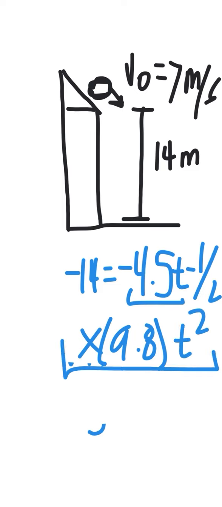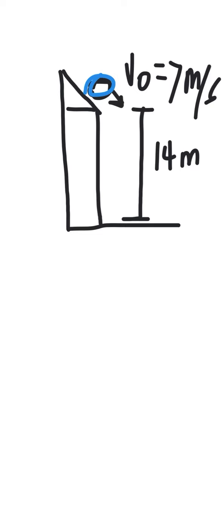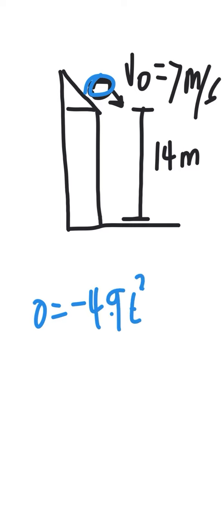And this equation now is going to help us to find the answer to the question, how far the snowball will strike from the edge of the barn. But first, in order to use this equation to find the answer, we need to convert this equation into a quadratic equation. Therefore, we need to write this equation as 0 equals -4.9 t squared minus 4.5 t